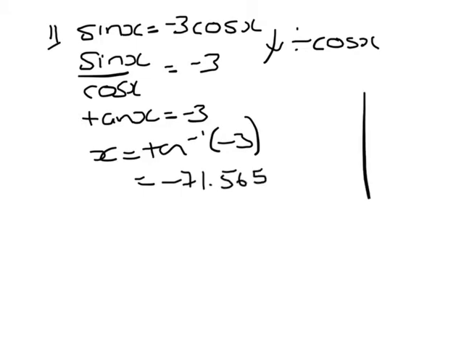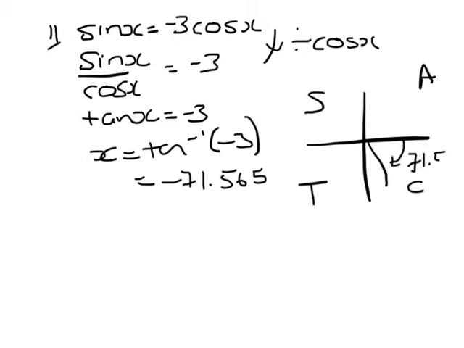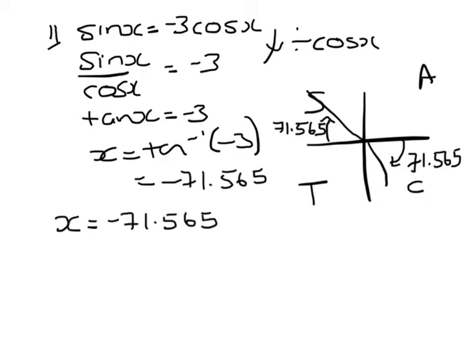71.565. So if I draw my CAST diagram, I can mark on the angle of 71.565, and it's going in a clockwise direction. The other place that tan is negative is in this quadrant, so I mark on the angle of 71.565. That means that I have x equals negative 71.565, and 180 take away 71.565, which is